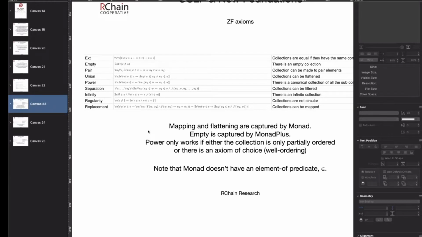Already the notion of monad is getting us pretty far, right? So monad is getting us replacement, and if it's a monad, replacement. If you're careful, you can also get separation. If you have monad plus, you get the empty. Extensionality is separate, but the notion of monad is coming close to covering the surface area here, or increasingly refined